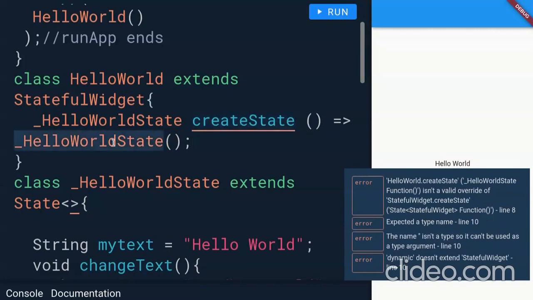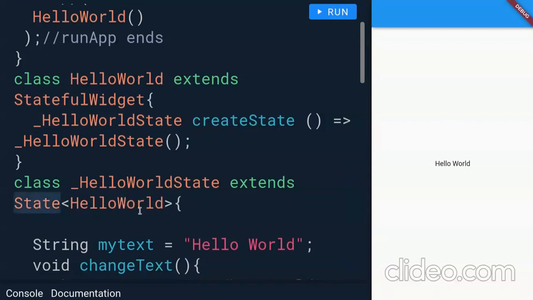Here we are saying class private variable hello world state extends state of hello world. These angle brackets mean which type it is. It is a state object of type hello world, which is the angle brackets generics feature.